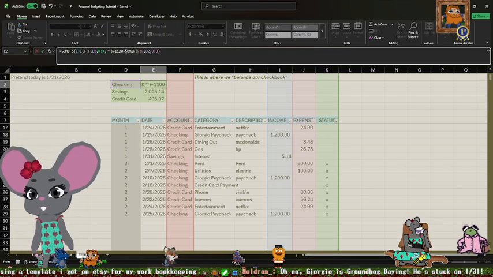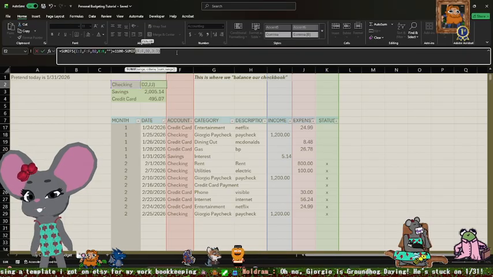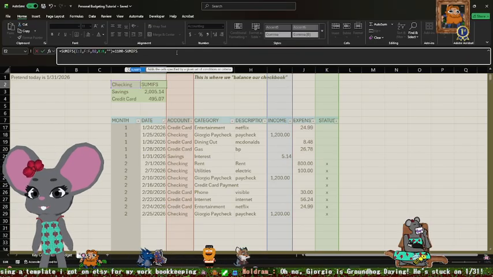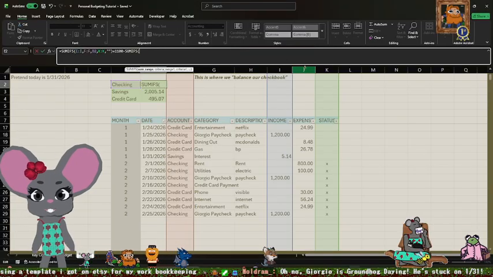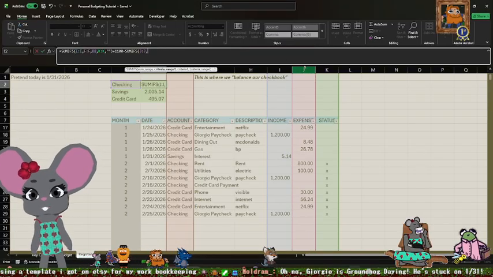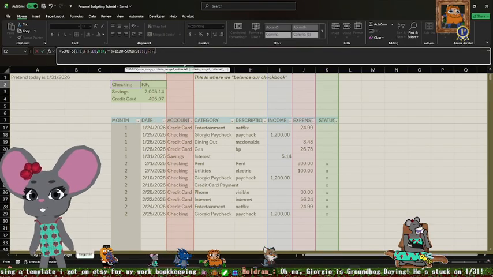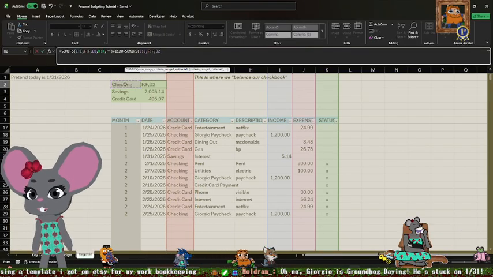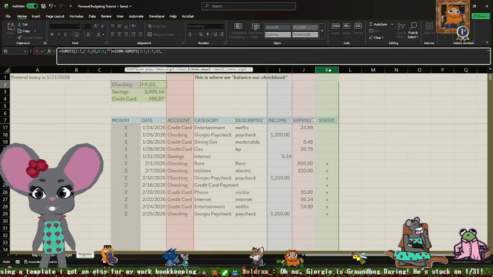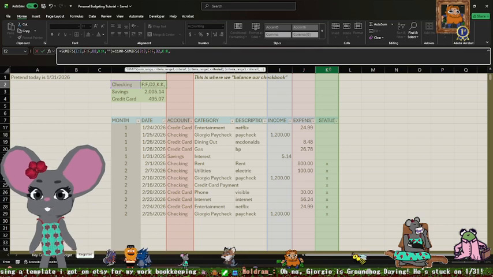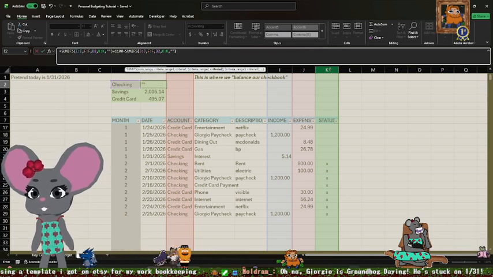Now we're going to do the same for our expense column, which was this last one over here. SUMIFS, we add an S on the end of SUMIF. The sum range is the expense column. The criteria range is the account column, and we match that to the word checking. The second criteria range is the status column, and the criteria is blank cells only.